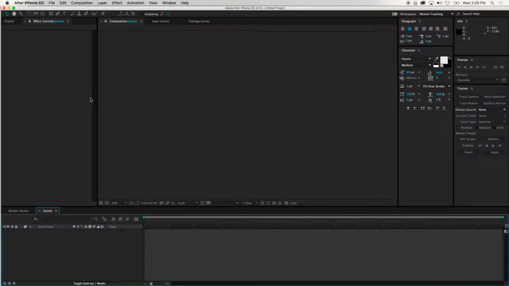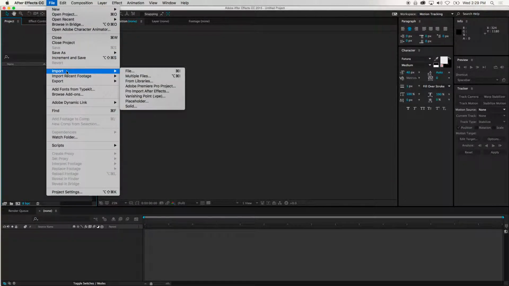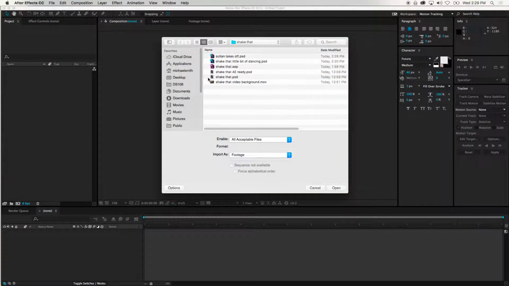So we're going to have to learn some of the spaces in After Effects because for a lot of people, this is the first time seeing After Effects itself. And it's a pretty complex interface. We're going to first focus on being in the Project tab right here so that we see the assets that we import. So we're going to go to File, Import, File, and I'm going to grab that Sultan Takeoff PSD